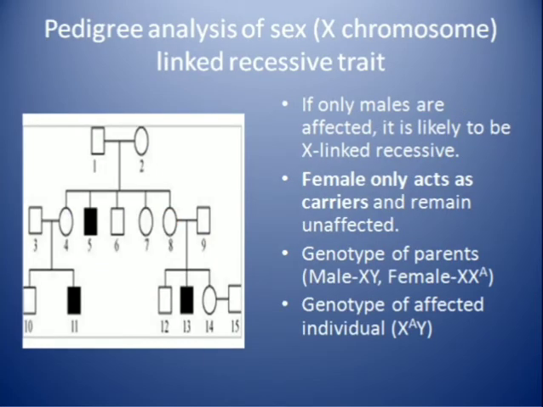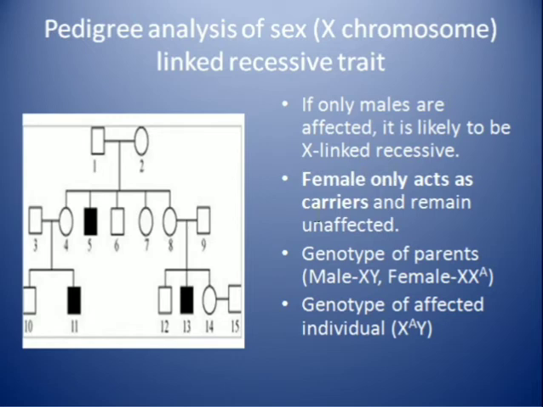Next, let us see how the sex-linked recessive looks. First we see the X chromosome. If the defect is in one of the X chromosomes, then how will the pedigree look? So here also, if the trait is carried in the X chromosome, mostly what we see is that only the males are affected. Here also you can see in the second generation one male, and in the third generation also only males, the females are not affected. Okay, so if only males are affected, it is likely to be X-linked recessive. This is recessive because the parents are not showing the character but the children are, so it is recessive.